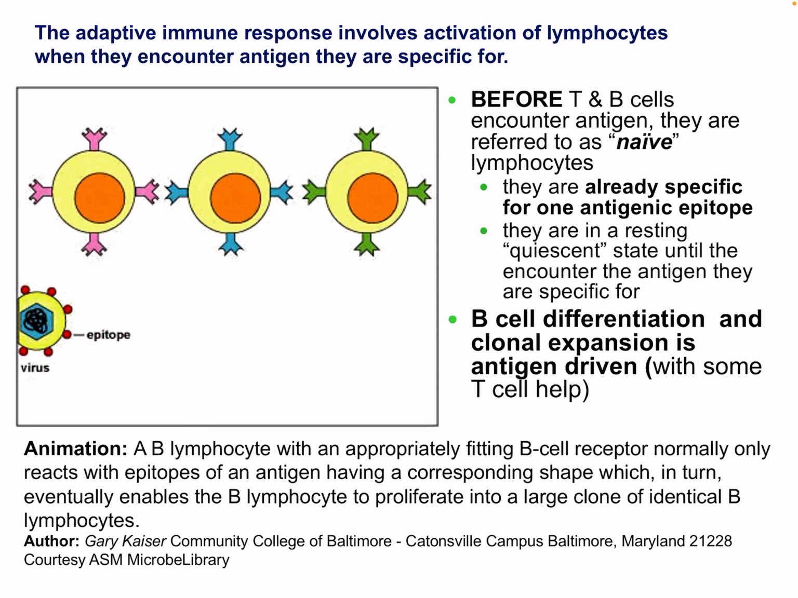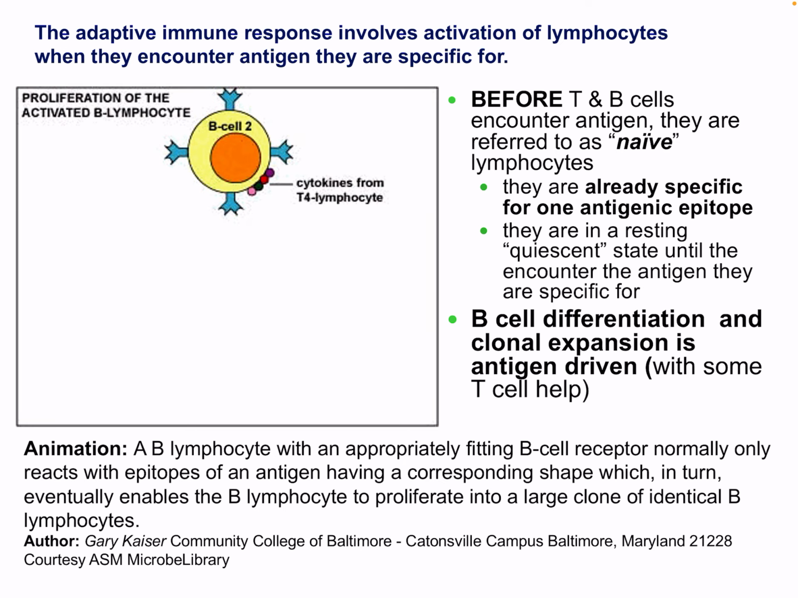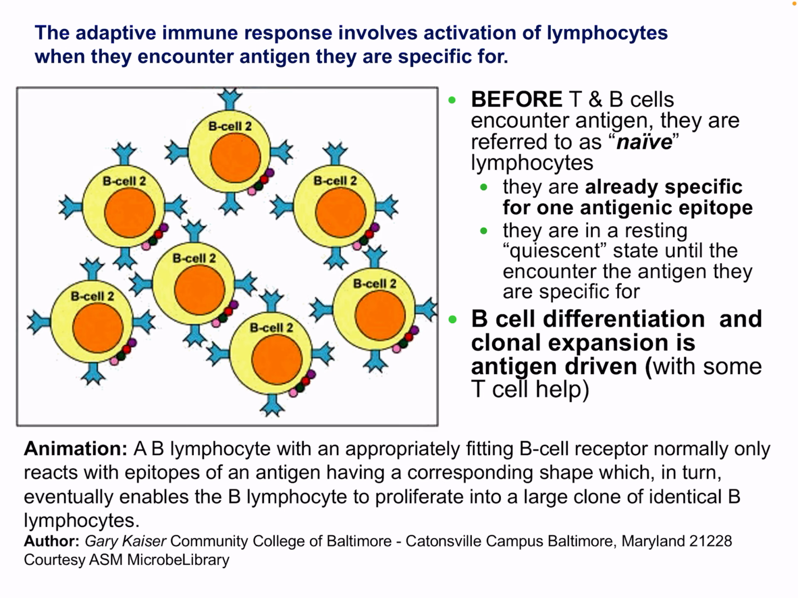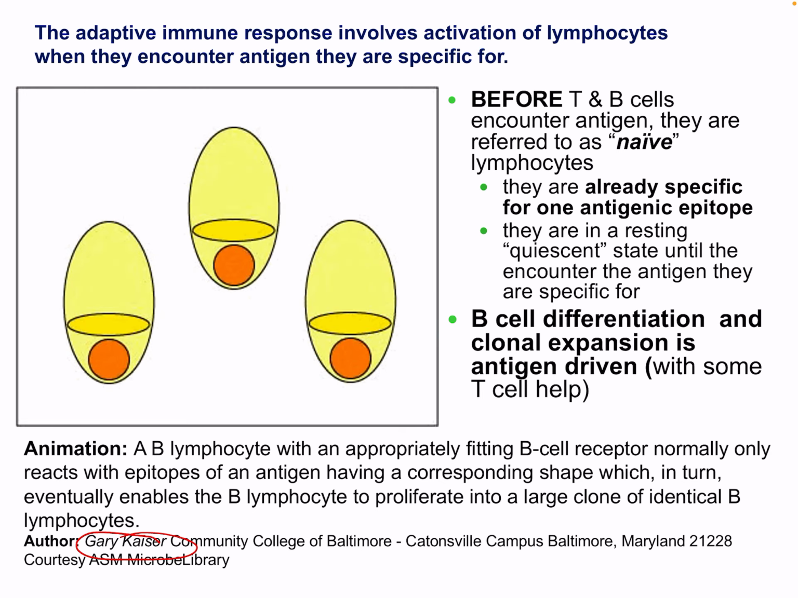So we can see our receptors. Here's a virus coming in. In this animation, we have a B lymphocyte with an appropriately fitting B cell receptor that normally only reacts with epitopes of an antigen having a corresponding shape, which in turn eventually enables the B lymphocyte to proliferate into a large clone of identical B lymphocytes. And these are by Gary Kaiser, which you can find on his website, and there's a ton of these